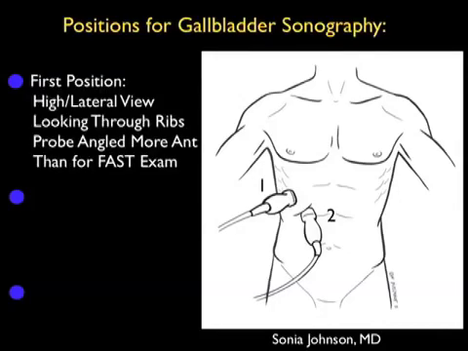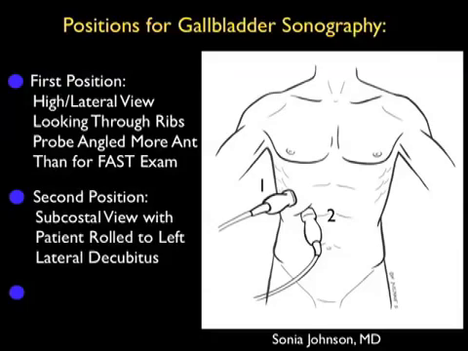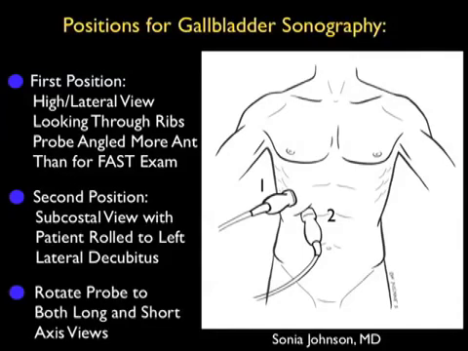As shown in probe position 1, the first position that's often used for gallbladder sonography is known as the high lateral view, in which we're looking through the ribs. It's best to use a smaller footprint probe for this exam so that we can easily sit the probe between the ribs. We're going to be coming in a view that's very similar to the right upper quadrant view for the trauma FAST exam. However, the probe here is angled more anteriorly than for the FAST exam to image the